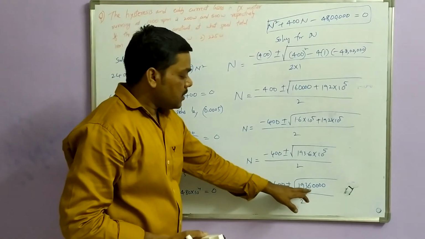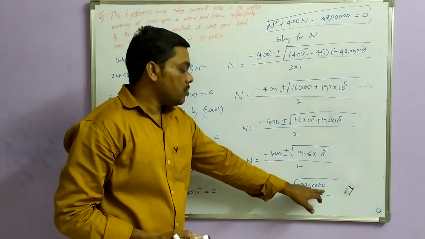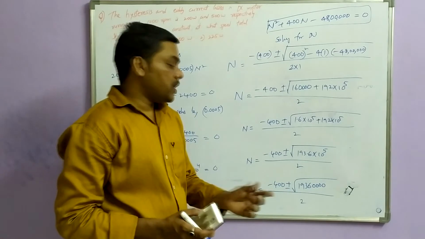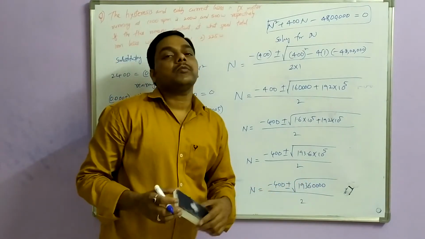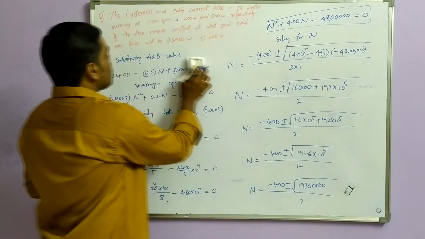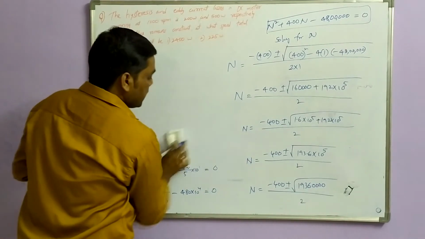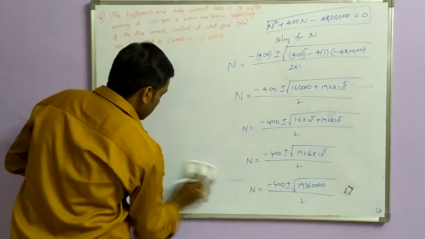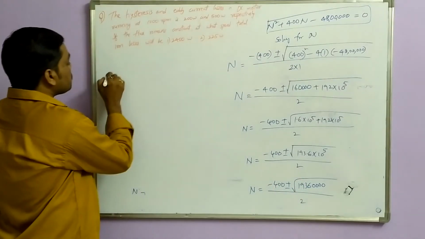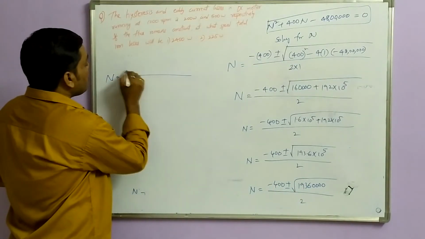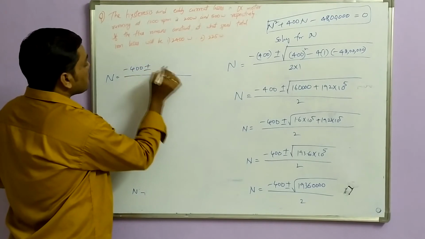Now 1936 into 10 power 4 is nothing but 10 power 2 whole square, so 1936 is nothing but 44 square. So if you substitute the value, now calculating the root for 1936, you will get n equal to minus 400 plus or minus